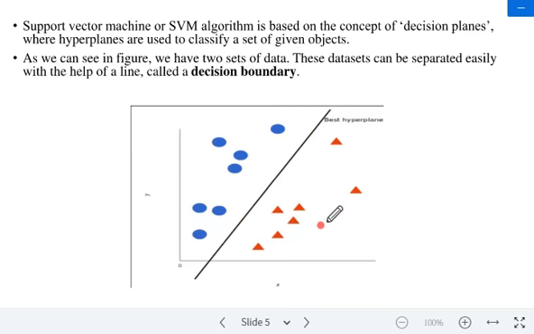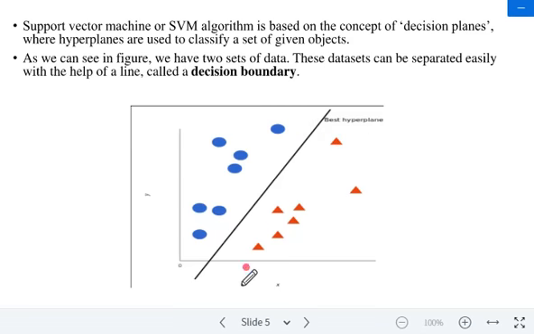This hyperplane is drawn in such a way that all the class blue is on one side and class red is on the other side. It is clearly separated. So this line is a decision boundary. Anything that falls to one side of it will be classified as blue, and anything on the other side will be classified as red.